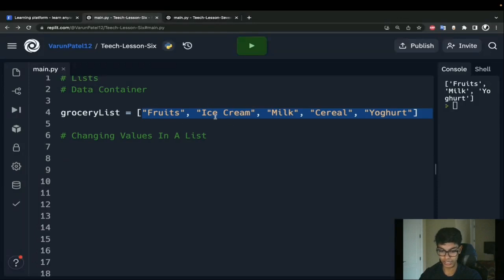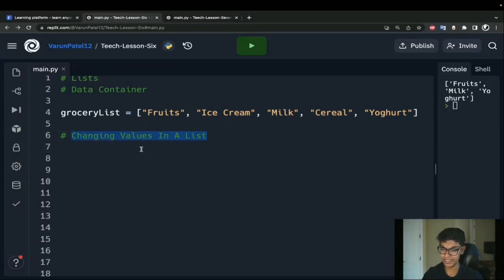I actually need water. I need bottled water. Okay. Bad example, but you get what I'm trying to do here. So what you want to do is take your little pencil, scratch out ice cream and replace it with bottled water. So let's try to mimic that real life thing within the scope of our code.